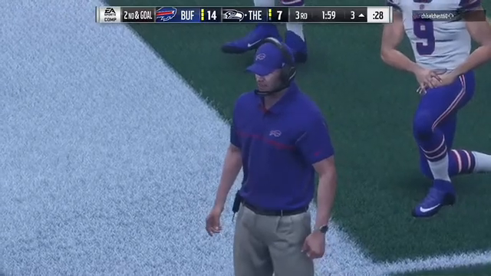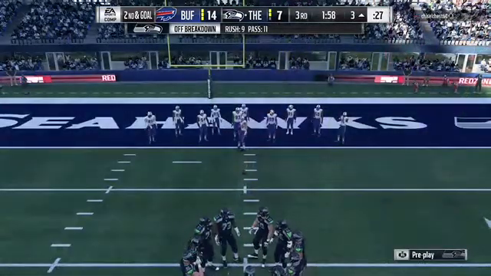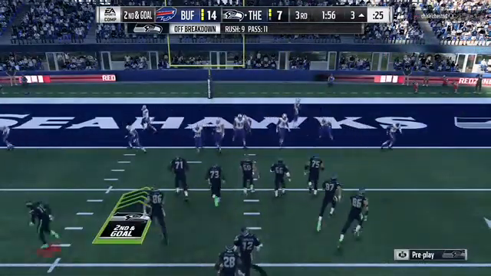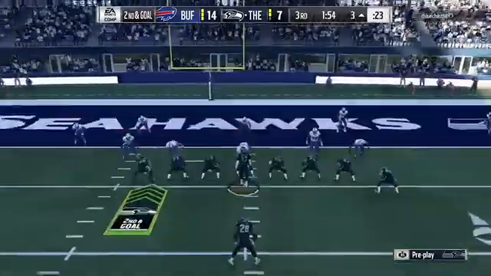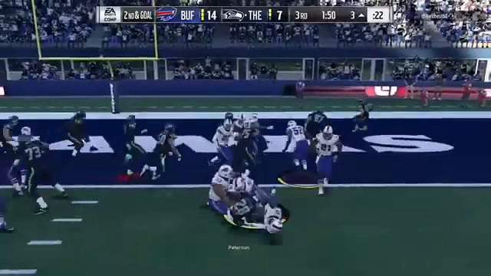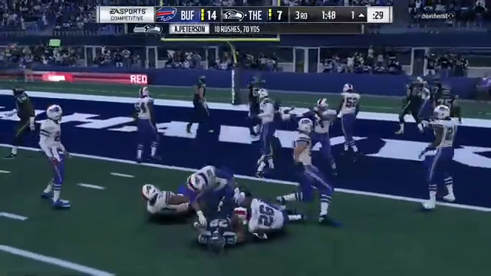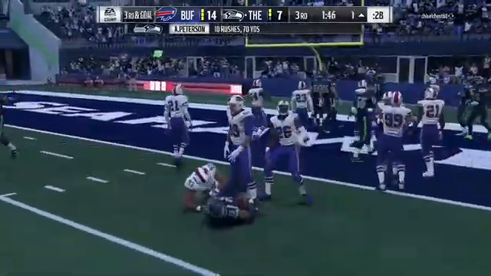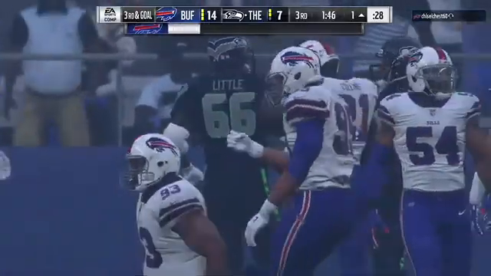They can do whatever they want. Full playbook. Run it again, or they can go play action and try and put it in that way. And now it's 2nd and goal. They'll run for it with Peterson. And he'll be stopped about a yard shy of the goal line after a pickup of about 3.